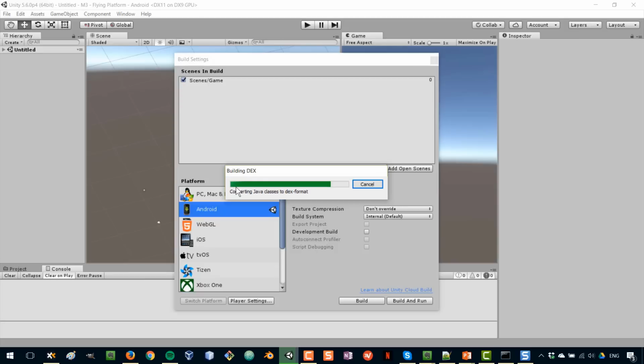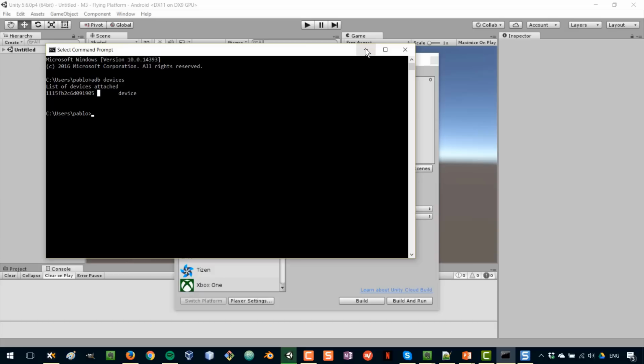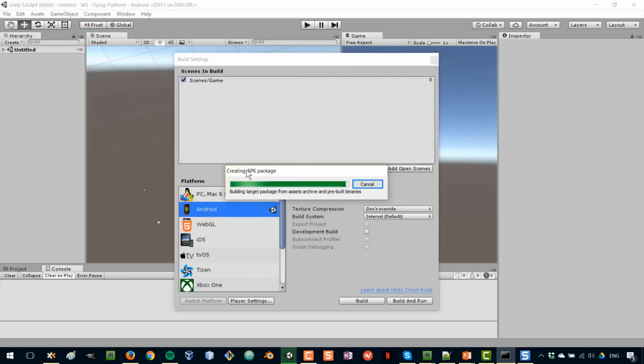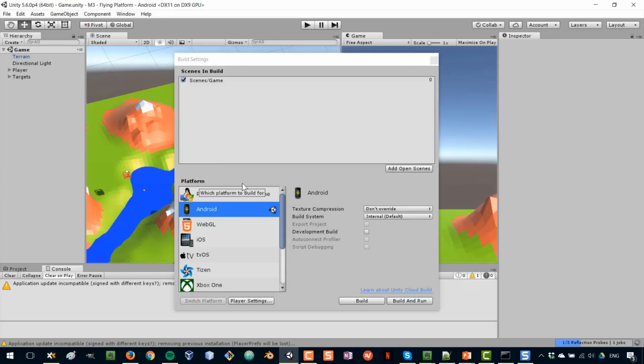And again, in case I didn't mention it, I have my device connected via USB, because like I show you here, I can see it. So my phone is ready for development. And what this will do, it will build that package, and then it will install it on my phone and run the application on my phone. So the process completed. It took a couple of minutes,